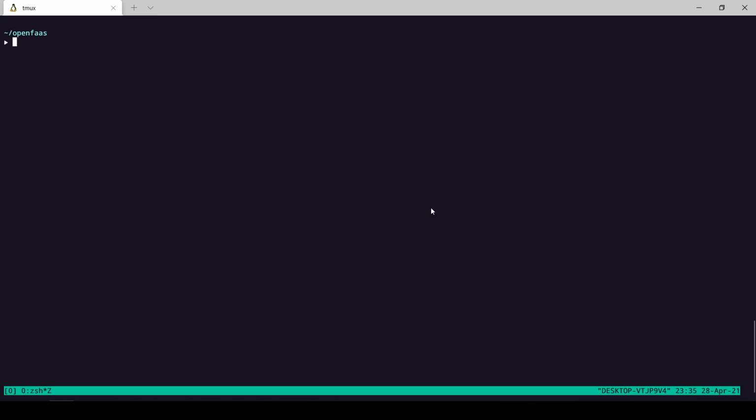So I'm going to create a new function using the Python 3 Flask template. What I'm going to do is faas-cli new. The project we are going to create is a simple dictionary application. Whenever we give a word to it, it is going to return a meaning and other things related to that word. So it's called pydict. And we are going to be using the Python 3 Flask Debian template,